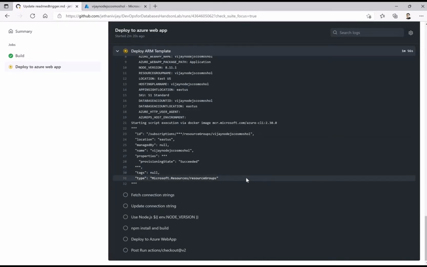This can take some time because for all the particular layers it will try to do that deployment, and then finally we also have to do something after that. Once it is deployed, we will fetch the connection strings and update the respective file. So everything is done as a part of this particular workflow.